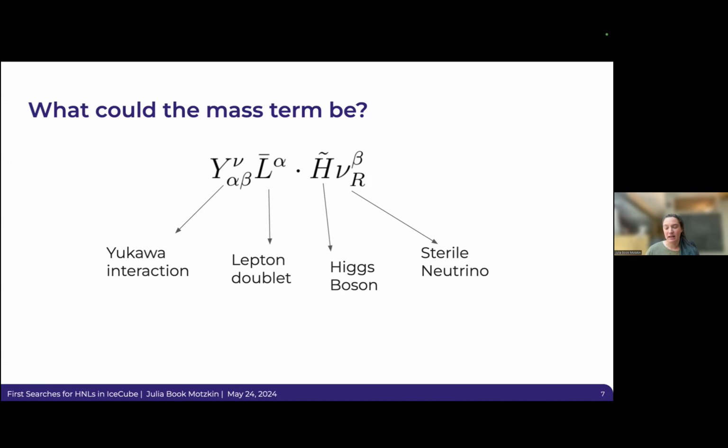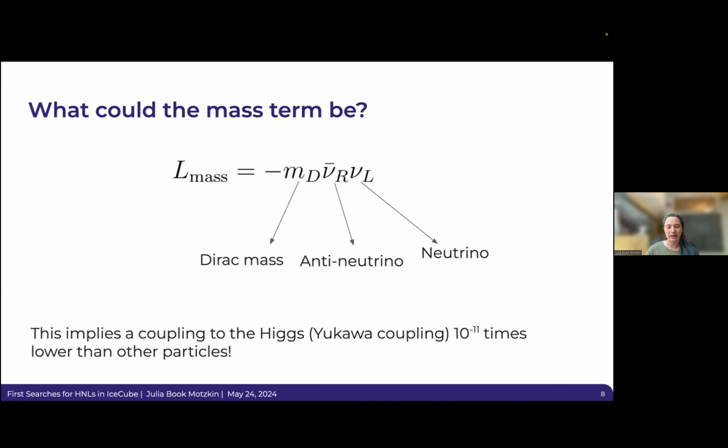This means that in order to add mass to neutrinos, you have to add a new particle, this sterile neutrino. And with a little bit of massaging, you can get this to a statement of the mass that looks more intuitive. You're treating these particles as Dirac particles, which just means they're kind of normal in particle physics terms. And because of the Yukawa coupling and because the neutrino mass is so small, this means that the Yukawa coupling